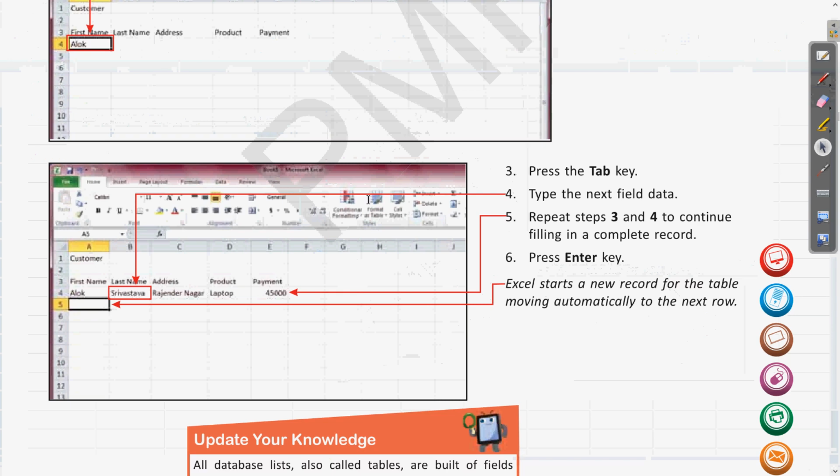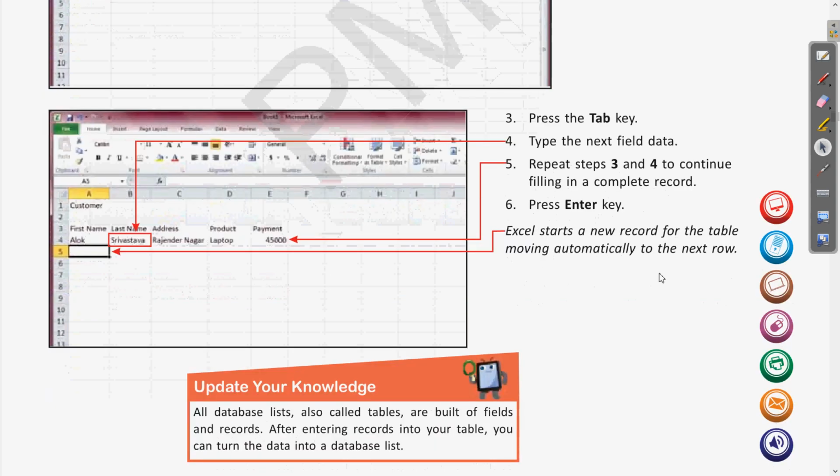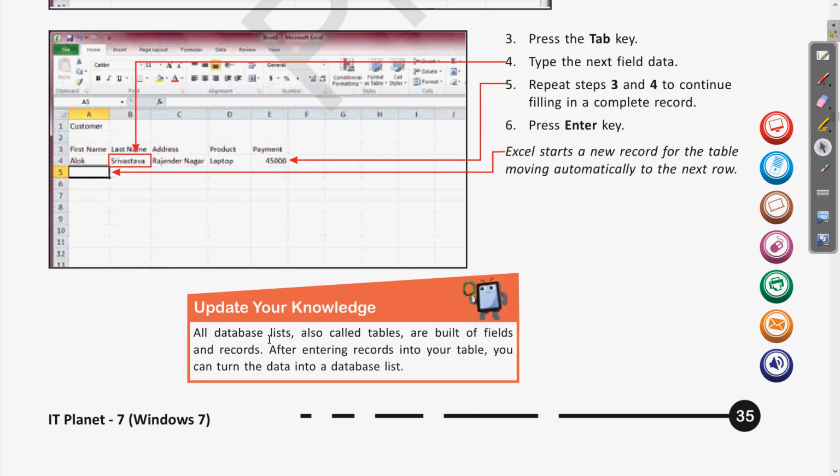Now let us see here. You can see that till step number 6 we have entered the values, and after pressing the enter key, the control comes to the next row, that is, the next record. Now read this also.